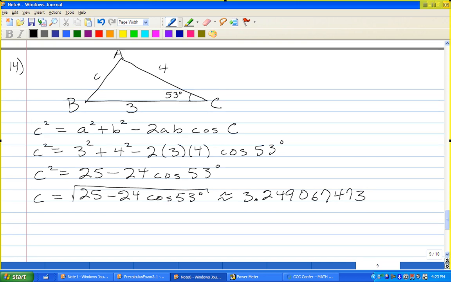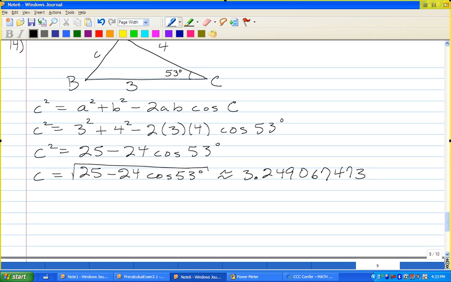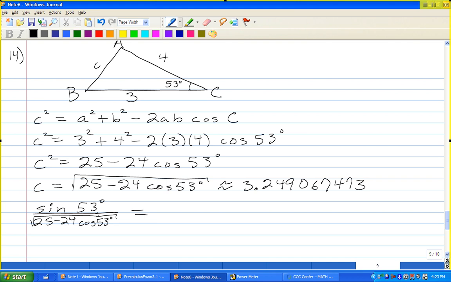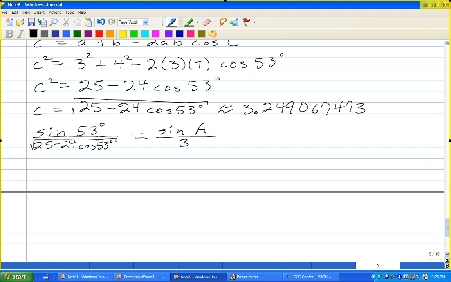Okay, let's figure out an angle. Let's say angle A is the sine of angle C over the length of C, and let's say the sine of angle A over the length of A. And so I get that the sine of A is equal to